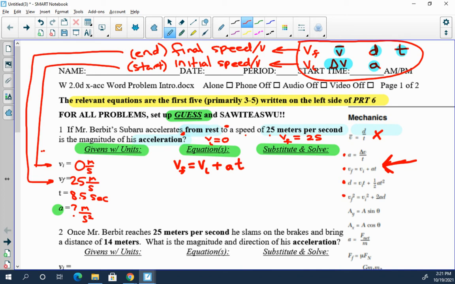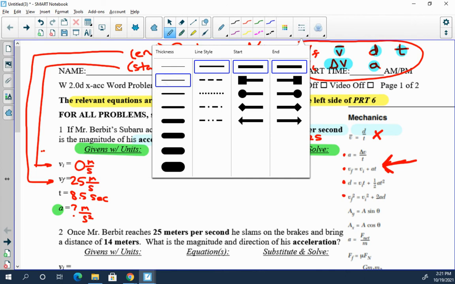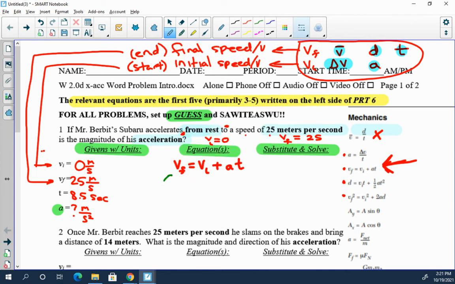Now, since we are solving for acceleration, we might choose to rearrange this equation. I actually recommend this. You don't have to do this, but I recommend this. How would you do that? You would subtract VI from both sides. So you would have VF minus VI, and then that would equal A times T. You would divide both sides by time, and you would be left with A equals VF minus VI divided by T. Now, this is a very easy way to solve this problem. A equals VF